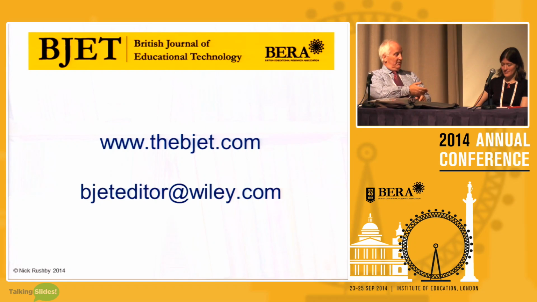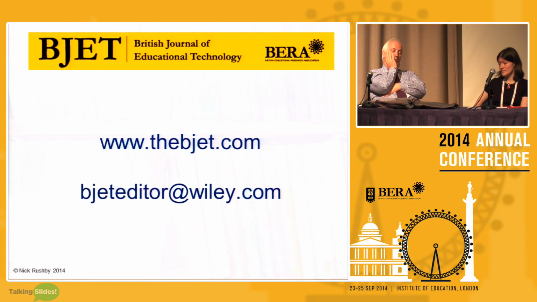Out of scope, we've already covered. Length is one. If it's impossibly long, then we may actually suggest that they submit to Review of Education. Length is something that the editorial office picks up on for BJET before it even gets to the editors. Because we have so many submissions, and we want to keep the process as efficient as possible, if we do get a paper that is 10,000 words, we know already that the editors and the reviewers will say it's too long, so I'll immediately give feedback on that.